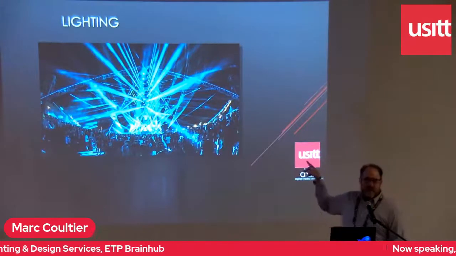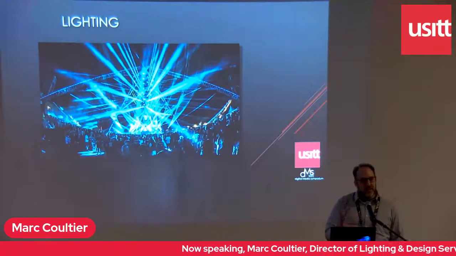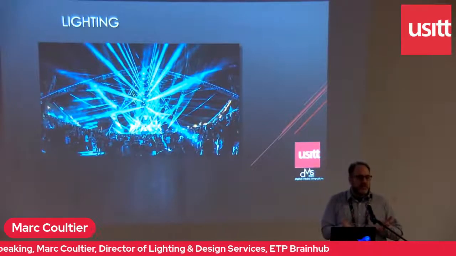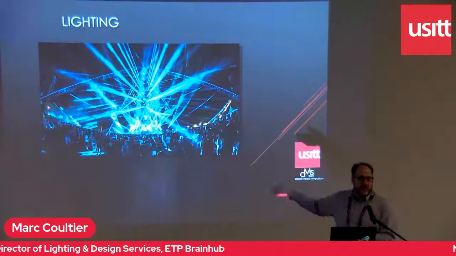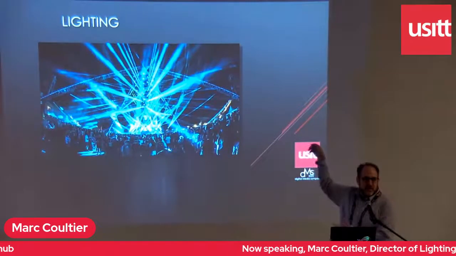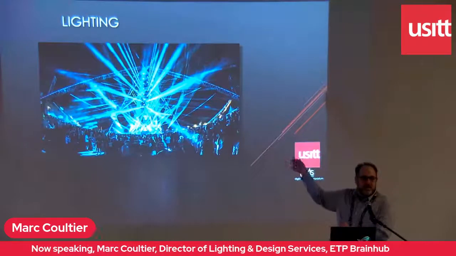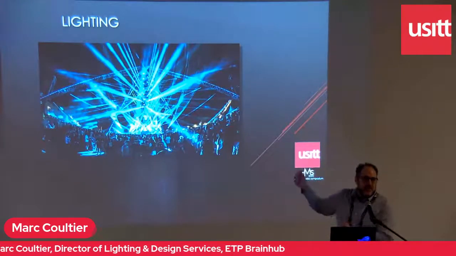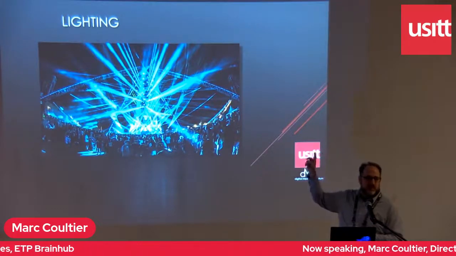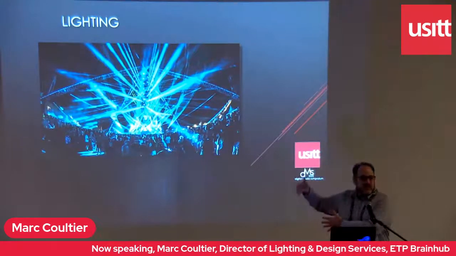But to make that look that way, we have to think about that on the front end, and we have to design that out, and we have to build it into a presentation that we can give, not just for approval from the client, to go, hey, this is a 95-foot tall cone of truss that is going to be safe, and it's going to be supported over your attendees, and it's going to look amazing, and it's going to look like this. But also to the technicians who are actually setting it up, going, okay, there's going to be 12 lights around this ring, and there's going to be 18 lights around this ring. So we have to think of the engineering side of it,